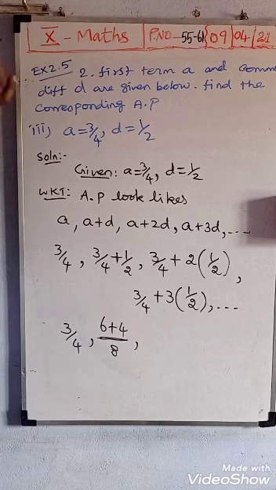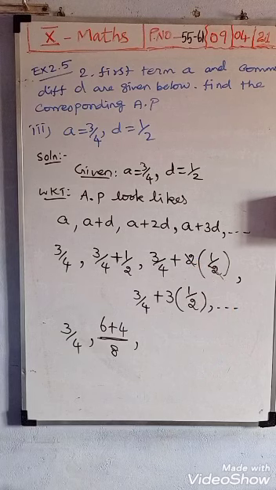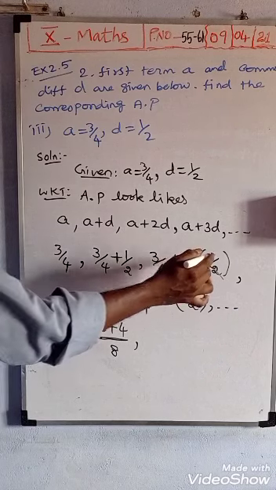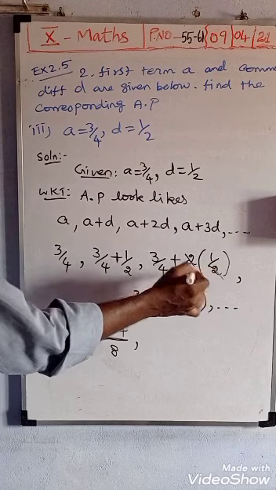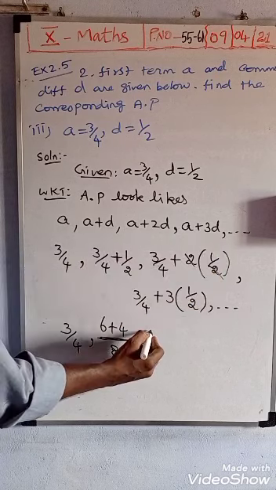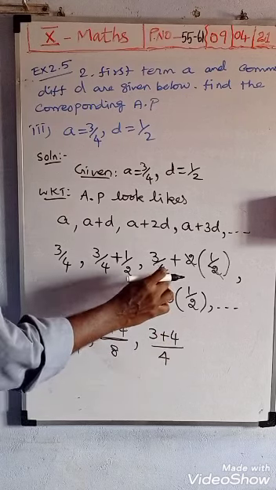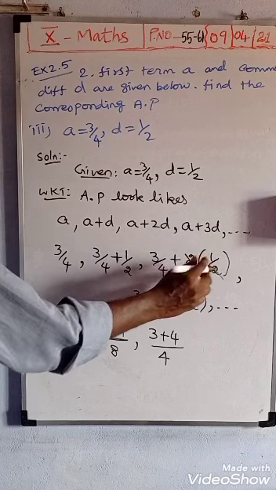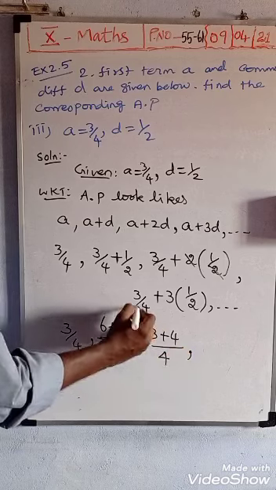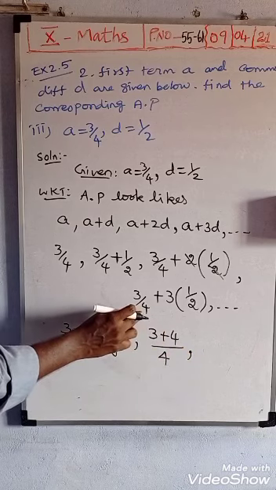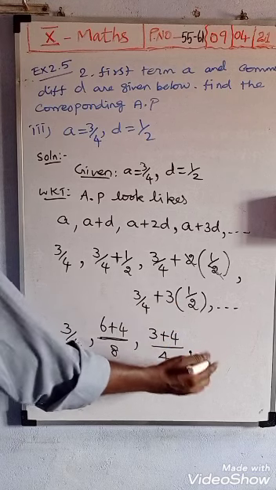Next, like that, here 2 and 2 will cancel: numerator 2, denominator 2, remaining 1. Here the denominator 4 is there, here the denominator is not there, so you should multiply 4 with 1, which means 3 plus 4 whole divided by 4. This 4 we take as the LCM: 4 ones are 4 plus 3 whole divided by 4. Next term, here 3, here the denominator is 4, here the denominator is 2, so we take the LCM: 4 twos are 8.